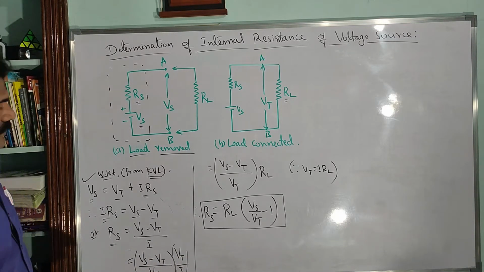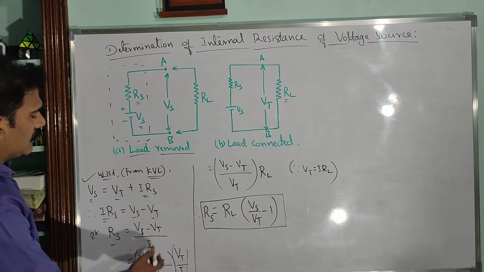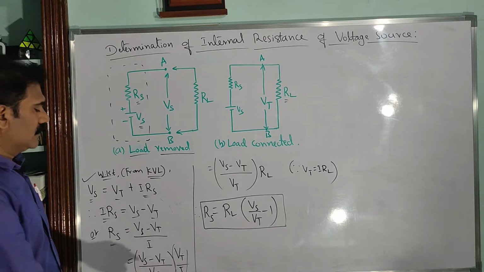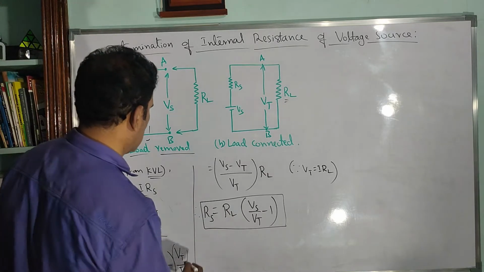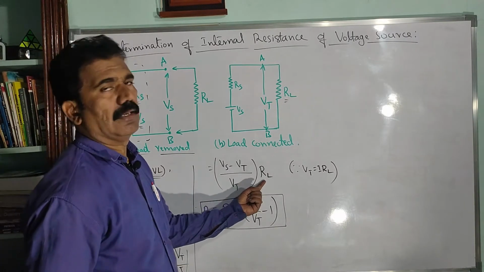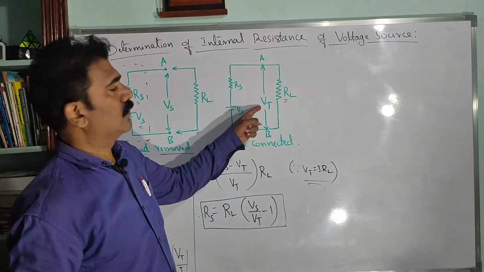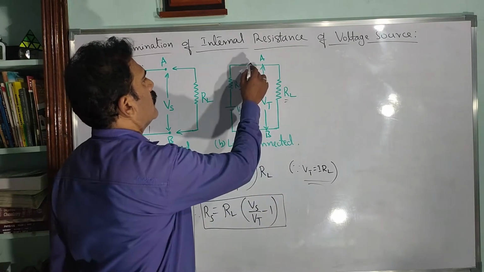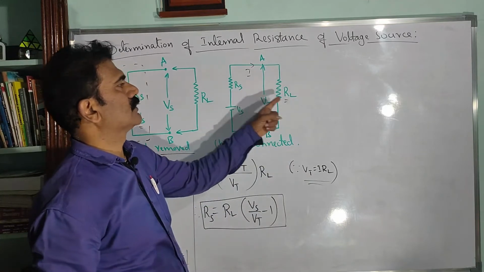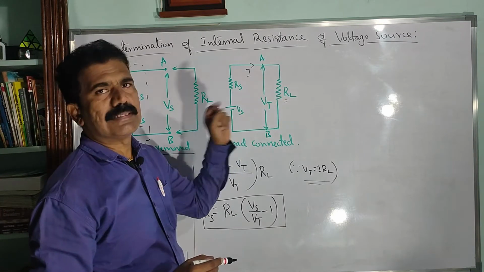According to Ohm's law, you can substitute this V by I as a resistance. That is why in the above equation we are multiplying by Vt and dividing by Vt. In the next step, you take the ratio Vt by I as equal to RL, because according to Ohm's law the terminal voltage divided by the current gives the load resistance. The current is the same here. In the entire circuit the current passing is I only, through Rs as well as through RL, because the resistors are in series.